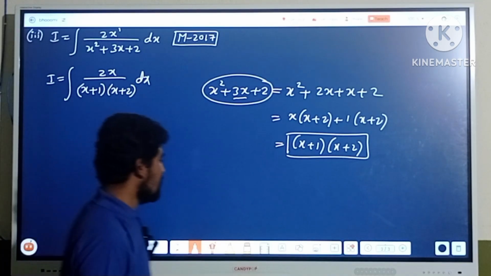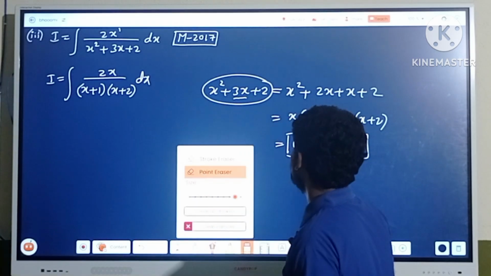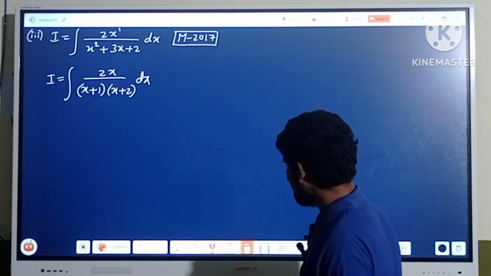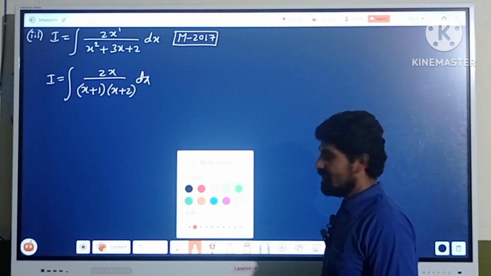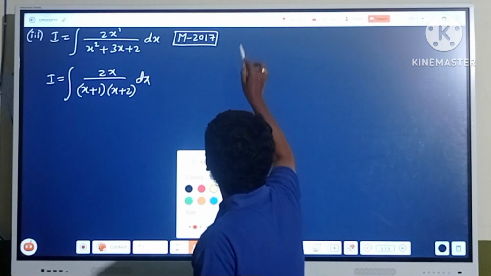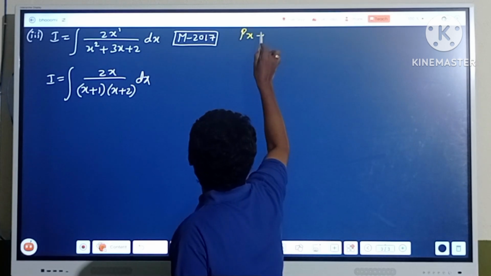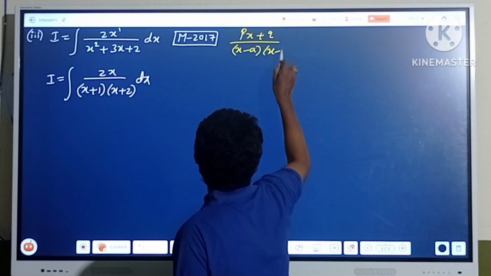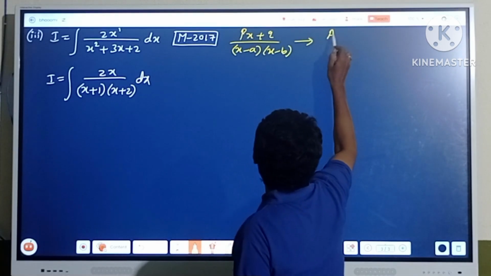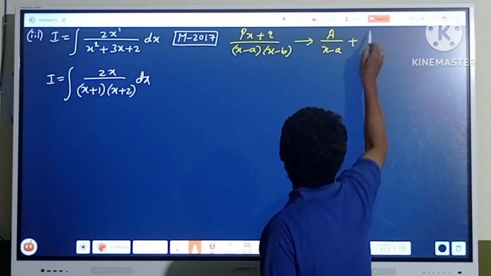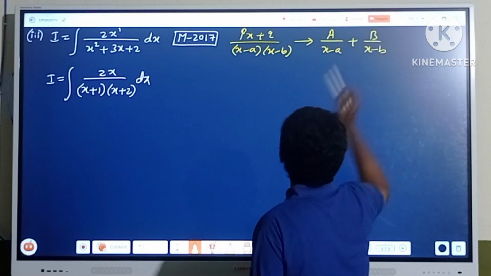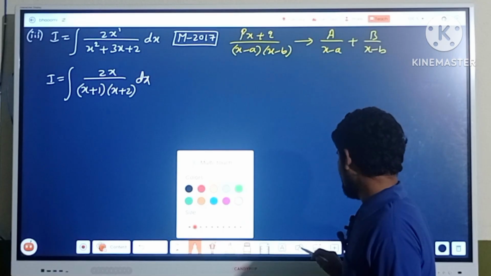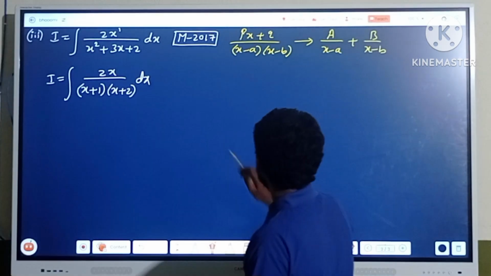I hope all of you are understanding. Now observe the integrand. This integrand also consists of two linear non-repeating factors in its denominator. Therefore, this is also of the form (px + q) divided by (x − a)(x − b). This can be expressed as A divided by one factor plus B divided by the other factor. Now, by using this format,